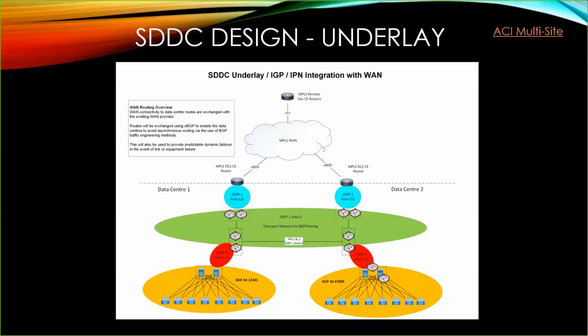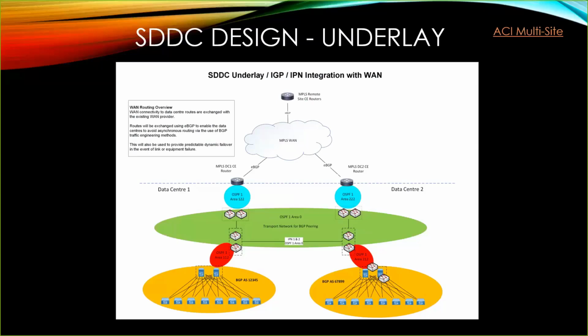So in order to propagate that BGP EVPN, what do we have here? It's a simplified version, or it would seem simplified, but it is a simplified version of what you had seen before. There's a couple extra switches on this right-hand data center which are just Visio typos, so ignore those. But what do we have here? So we basically have an OSPF network. So OSPF process 1. The green circle in here is the backbone, and that's basically run between the two data centers. The blue OSPF 1, area 122 and 222,